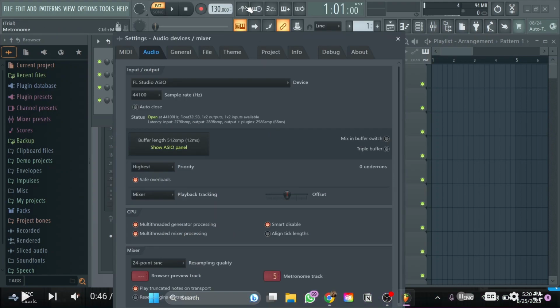So here, if I turn on this metronome and I click on play, as you can hear, we can change this one and change these settings in order to record vocals in FL Studio 21. So that's how we can play